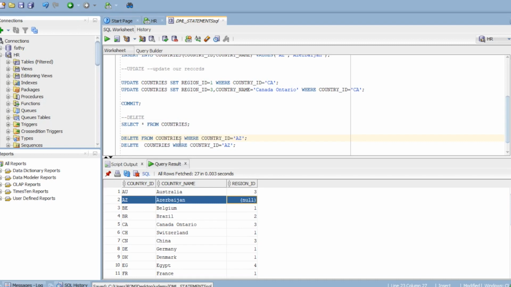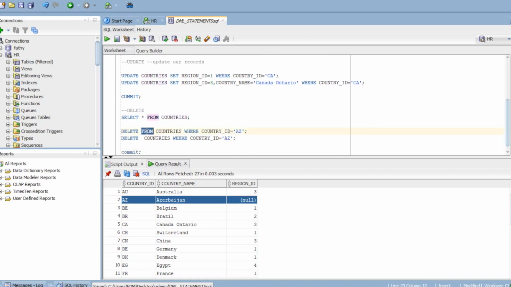Okay. Either you can follow this syntax or else you can follow this syntax. In this line, see, I am not using a from clause. That's it. So the meaning is, either you can follow this one, delete from countries where country ID equal to CA, or else you can follow delete countries. From is optional.